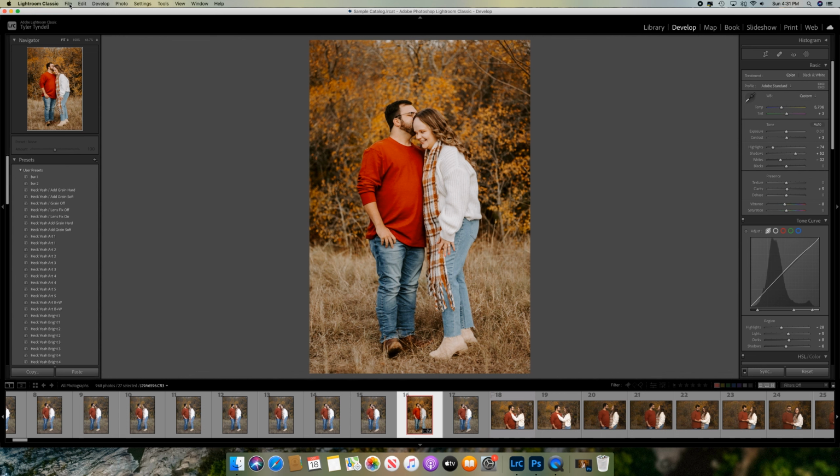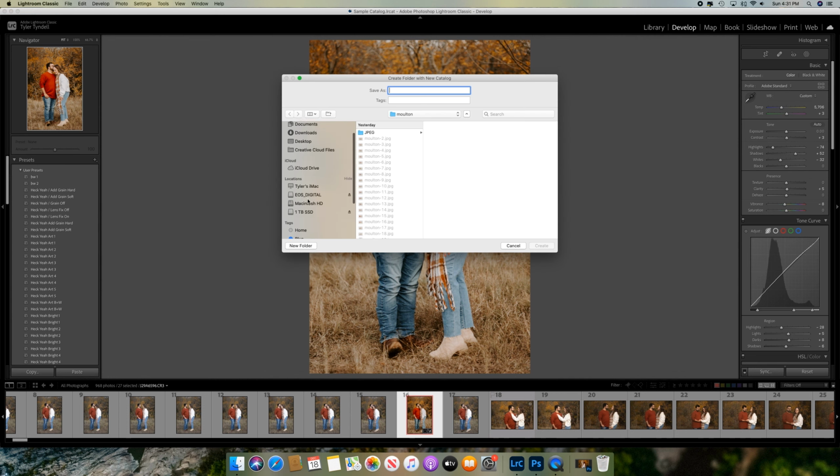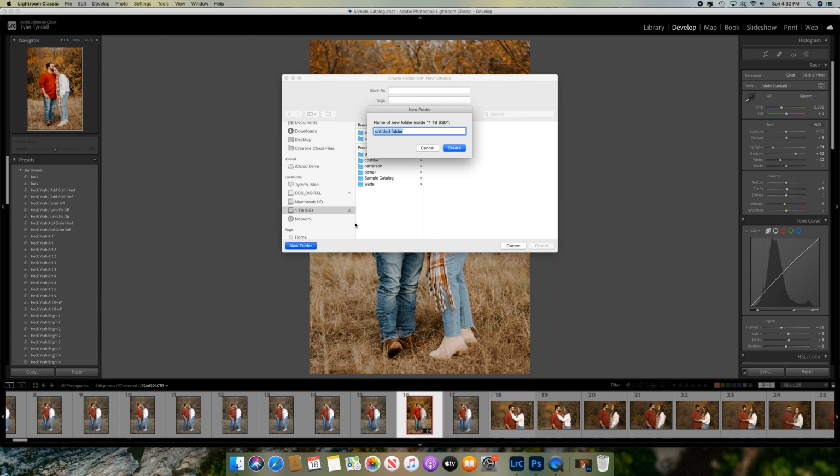From within Lightroom, I'm going to click File, New Catalog. On the left-hand side over here, I'm going to select the destination where I want the catalog to be housed. In this case, it's going to be a 1 terabyte solid state removable hard drive, and having selected the home destination, I'm going to click New Folder, and the gentleman who proposed to his fiancée yesterday, his